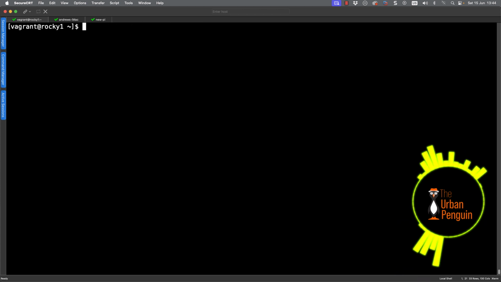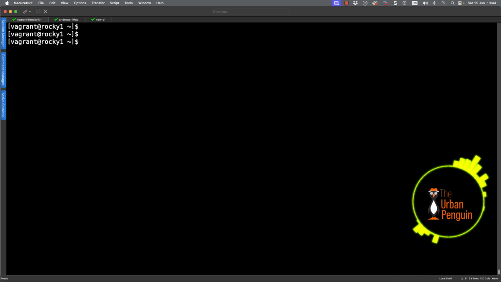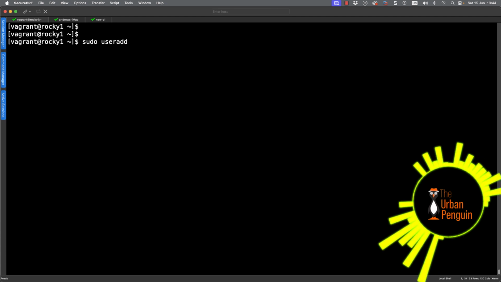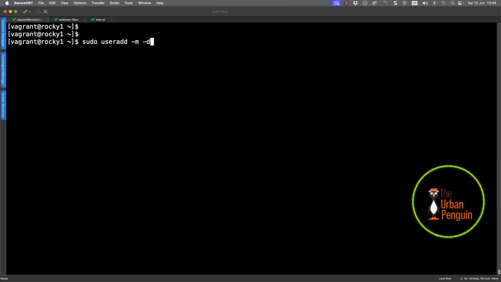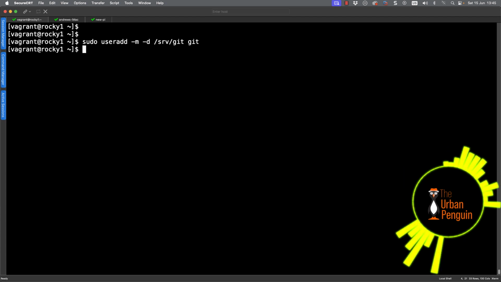Now let's go forward and create ourselves a user account. Typically I would use the user account git. So I can go through and use useradd. We'll create the home directory, but that home directory I'm going to make sure is in /srv/git. And let's see if we can spell srv with an S. It might help it just a little bit. So this will be the root of all my repositories. And I'm going to call the user git.